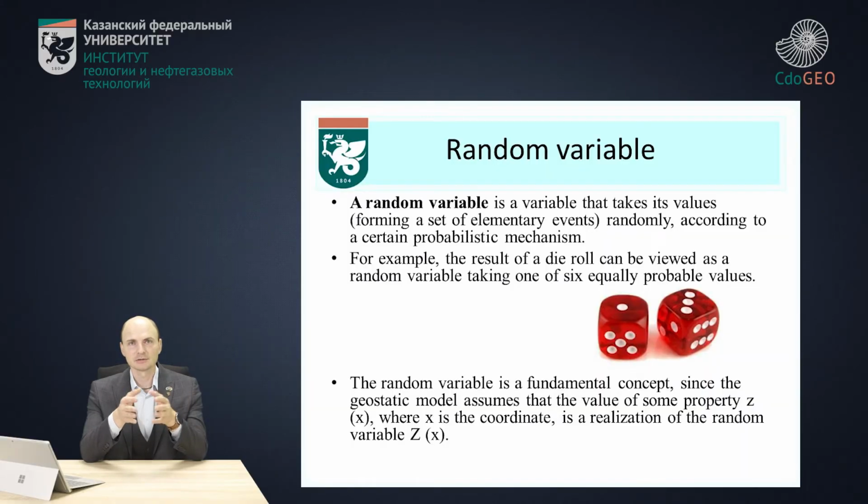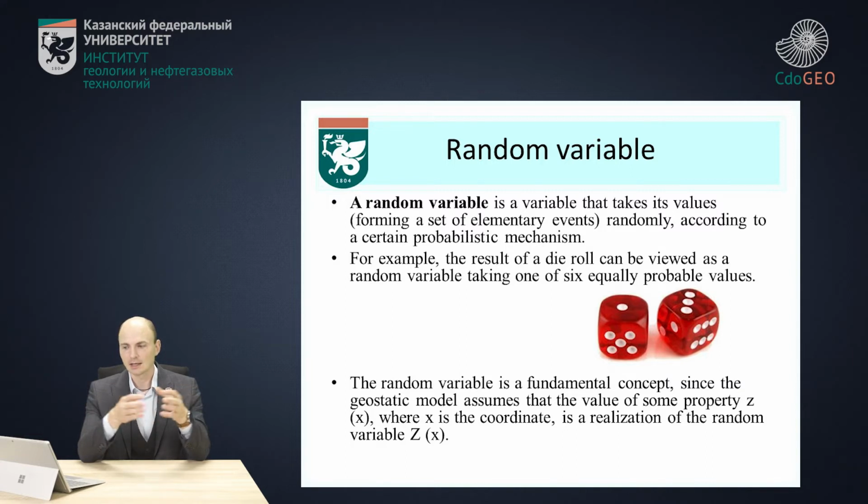When we are talking about geostatistics, we have to talk about statistics. And when we are talking about statistics, we have to talk about random variable. A random variable is the variable that takes its value, forming a set of elementary elements, randomly, according to a certain probabilistic mechanism. For example, we can roll dice, like the playing dice, and look what kind of values we're gonna